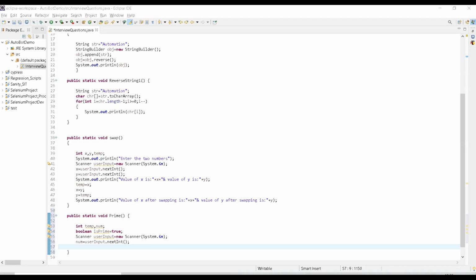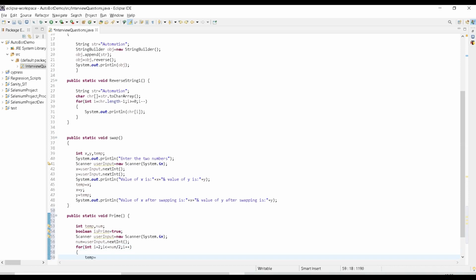Okay, so let me show you how you can write the loop. Okay, for that I am going to write a for loop: for int i equal to 2, because a number cannot be divisible by 1, right? Every number is divisible by 1, so we don't need to consider 1 for the division. So the loop should start from 2, right? So i less than or equal to num by 2, i plus plus. Okay, so let me open the curly bracket, and here what we have to do,